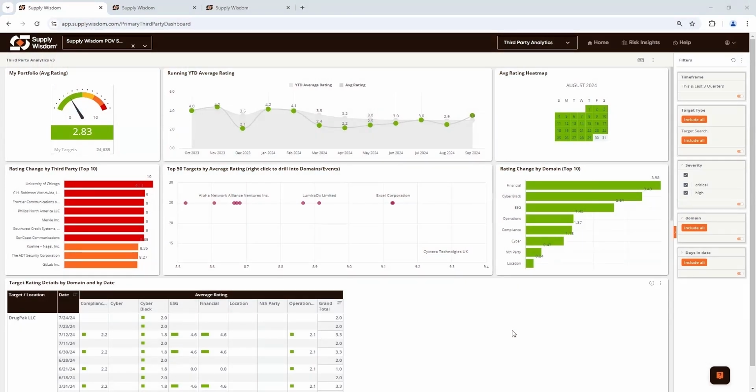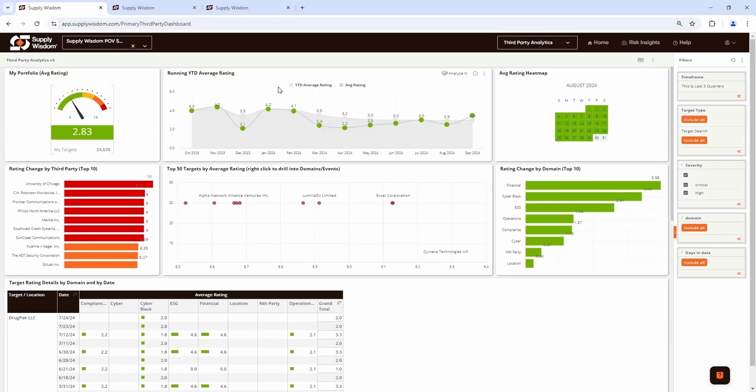Now that we've looked at our alert analytics dashboard, we're going to pivot and take a look at our third-party analytics dashboard. Again, I navigated to this dashboard with my upper drop-down right here. I selected third-party analytics and it brought me to this view. So the third-party analytics dashboard gives you the power to visualize the progression of individual metrics applying to your third parties over time. So here you are seeing a summary of overall composite risk among your third parties over time.